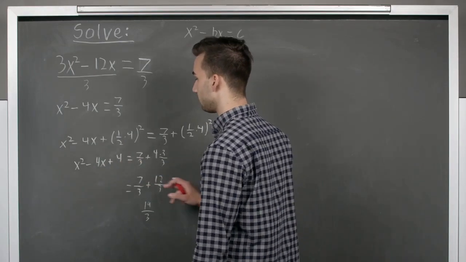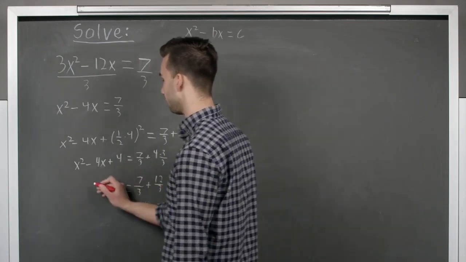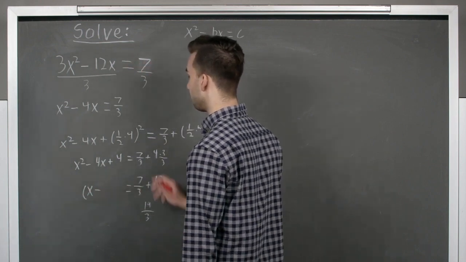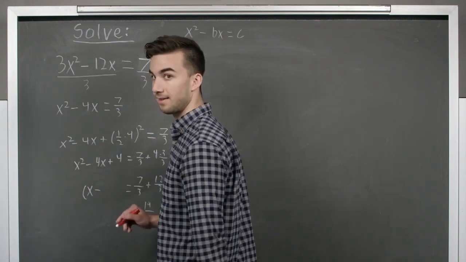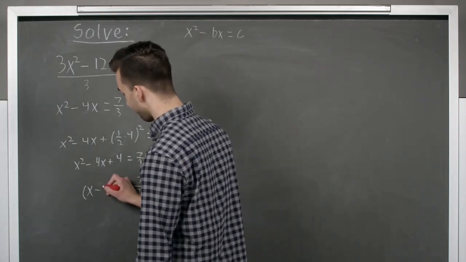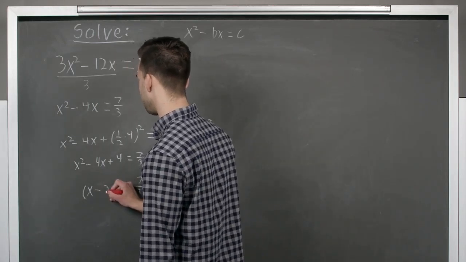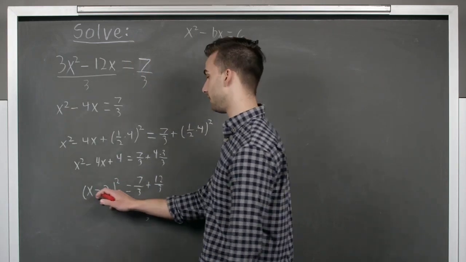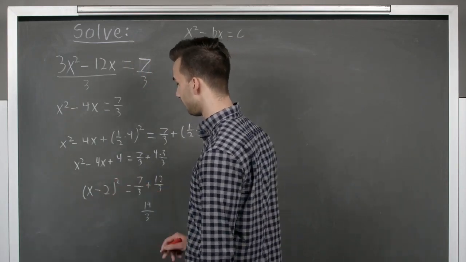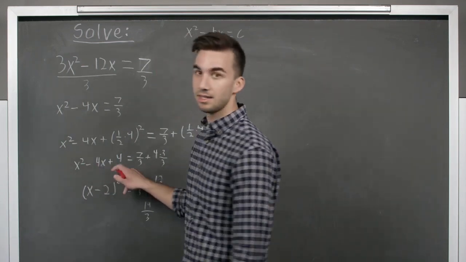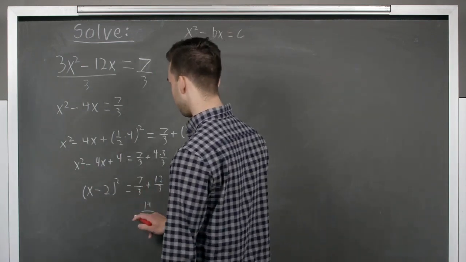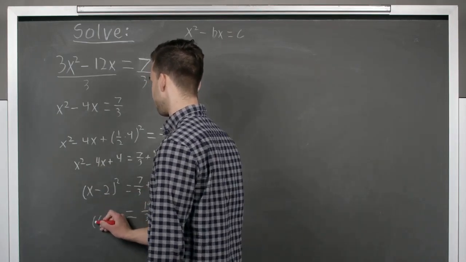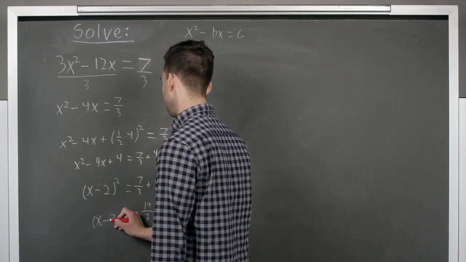So remember, like the last example, if we want to just speed things up, we can just subtract our 1/2 b value and square it, and that is how we complete the square. So 1/2 b is 2, squared, right? So you just write x minus 1/2 b and then square it. And that is how you complete the square. So we have our x minus 2 squared is equal to